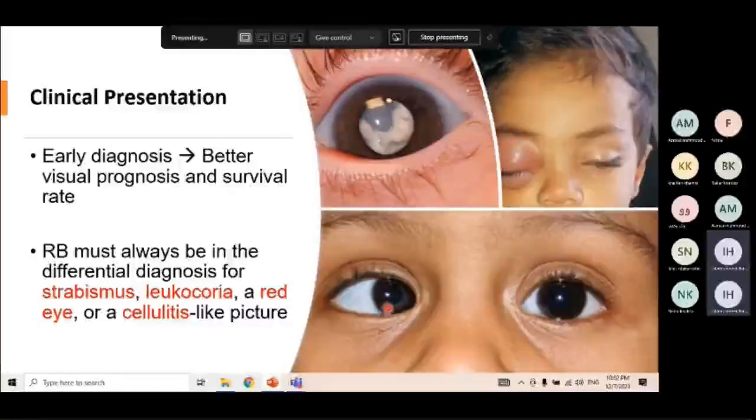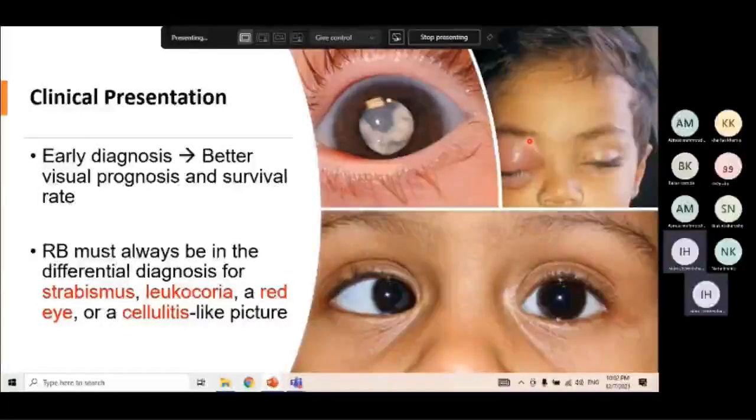Another important thing, don't trust a patient with orbital cellulitis, especially if there are no signs of acute or active inflammation. There is no fever, there is no redness, there is no pain. Always think this may be a retinoblastoma with local invasion. So the children are peculiar and different from the adults. You can never trust them. Always, always, always remember leukocoria, strabismus, and orbital cellulitis-like thing. Always think about retinoblastoma. Take it into consideration.